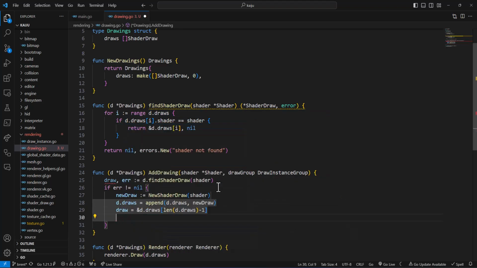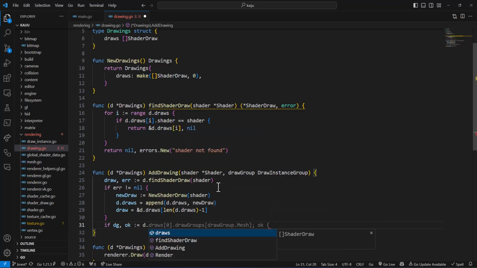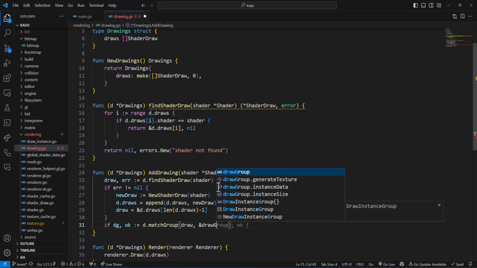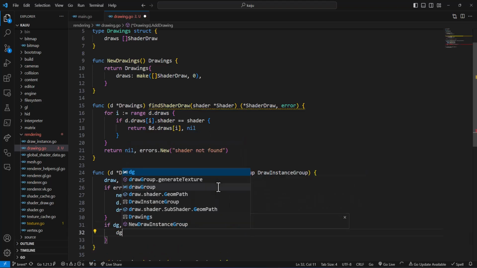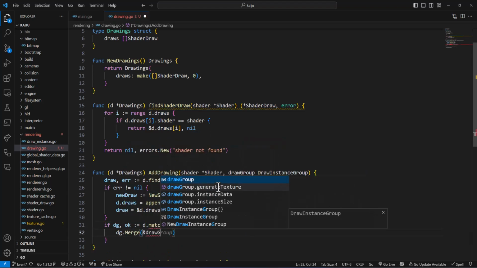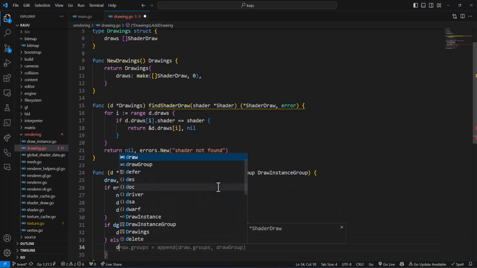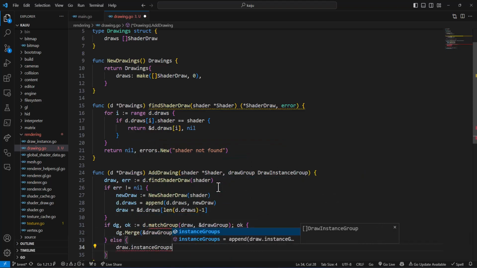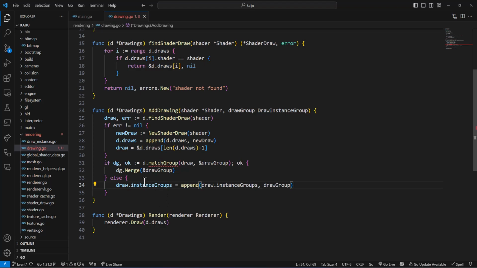That's if we have a draw map. We don't have a draw map. If dg, ok, and d dot, we're going to have a function for finding the group that this belongs to. If you remember, I'll show you in a second. Draw group, ok, dg.merge draw group, and let's say draw.instance groups equals append instance group draw group. Okay, so if you remember our draw group, let's actually go to